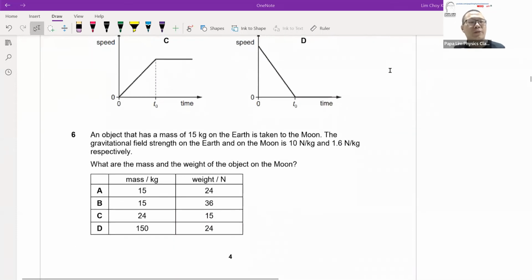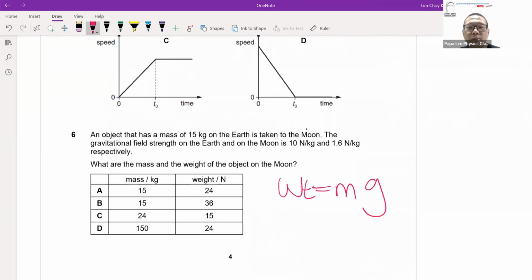Now let's look at question 6. Question 6 is a mass weight question, so I will not dwell too much. The formula revolves around the standard formula: weight is equal to mg. In this question, the object is 15 kg, and it is subjected to different